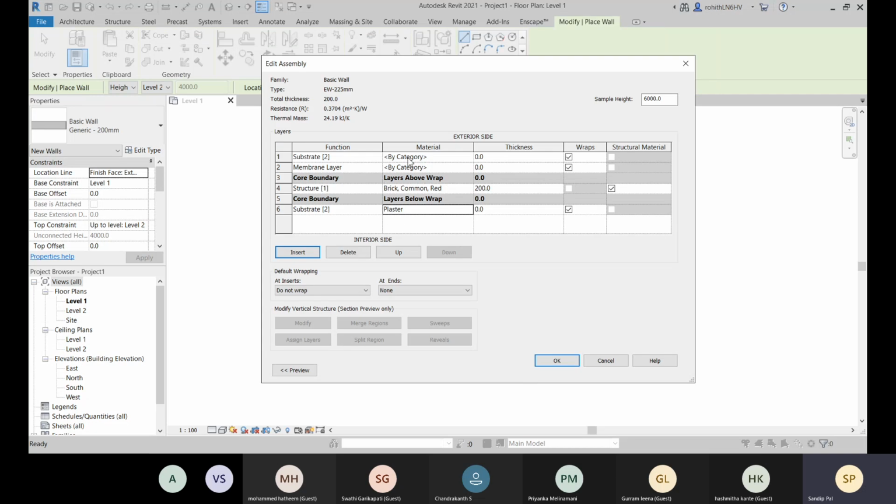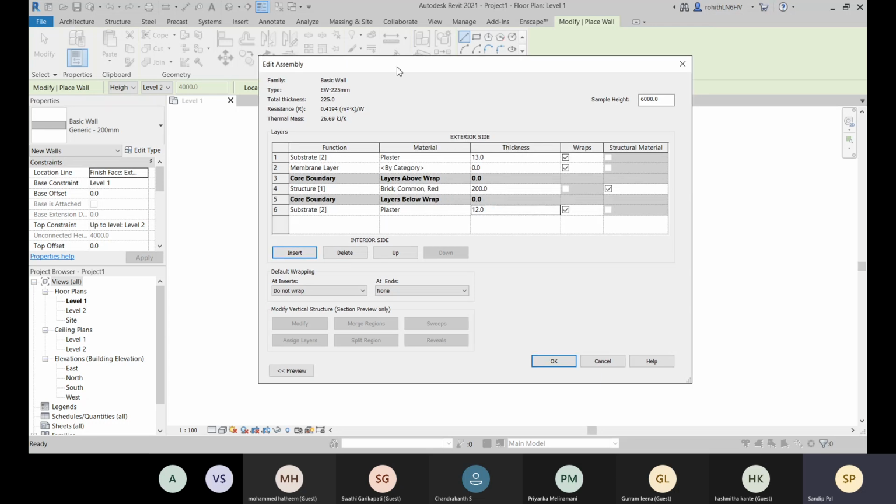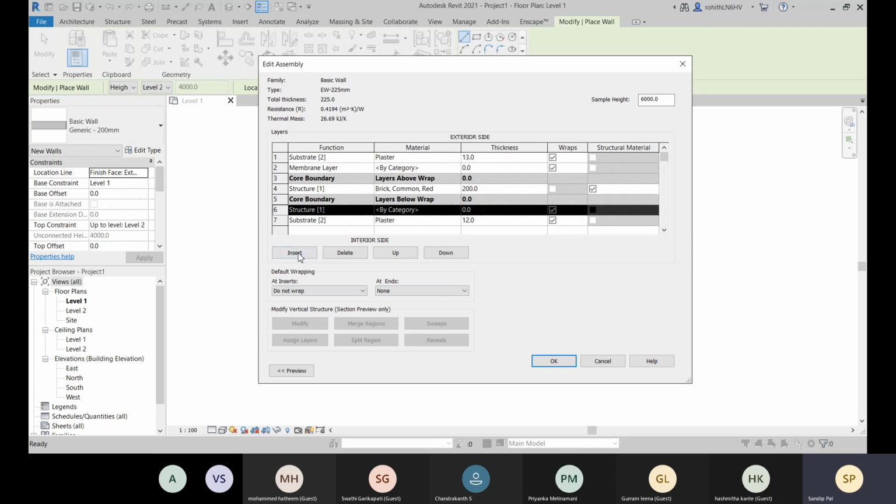You need to apply this to the outside, so for that you will simply place it outside. For the outside we will place 13 thickness, and for the inside we will place 12. This is the interior side, and this is the exterior side. If you want to place paint or any coating like putty, for that also go with insert, and let me bring it down.